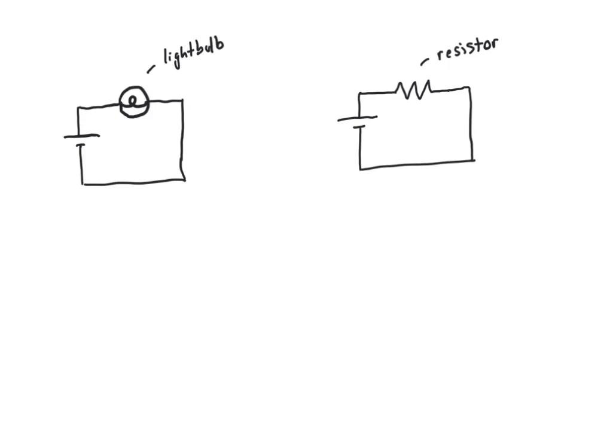When you plug a light bulb into a circuit, it lights up. So what's happening there is that the light bulb is drawing energy from the battery in order to give off light. There's a conversion of energy happening. The battery stores electrical energy, and the light bulb is able to extract and use some of that energy